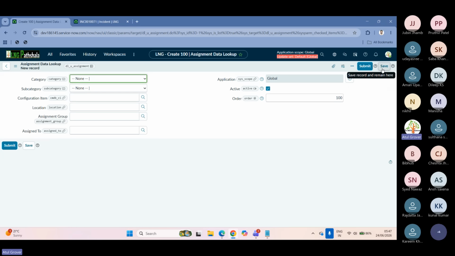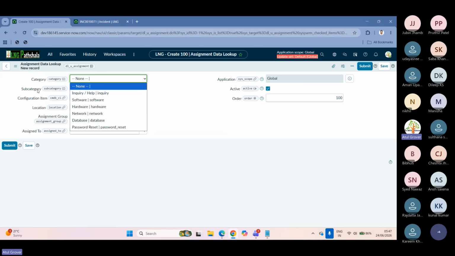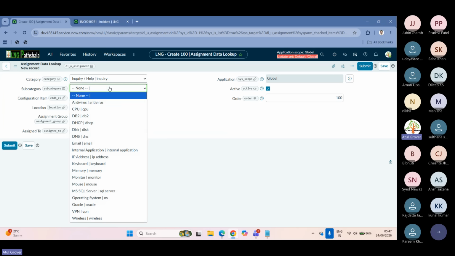Same thing you can do here as well. You can put assignment group and assigned to. But it has specific fields you can put a condition on: category, subcategory, configuration, location. That's all. Only these 4 fields are there which you can use. So let's say if the category is inquiry, subcategory is